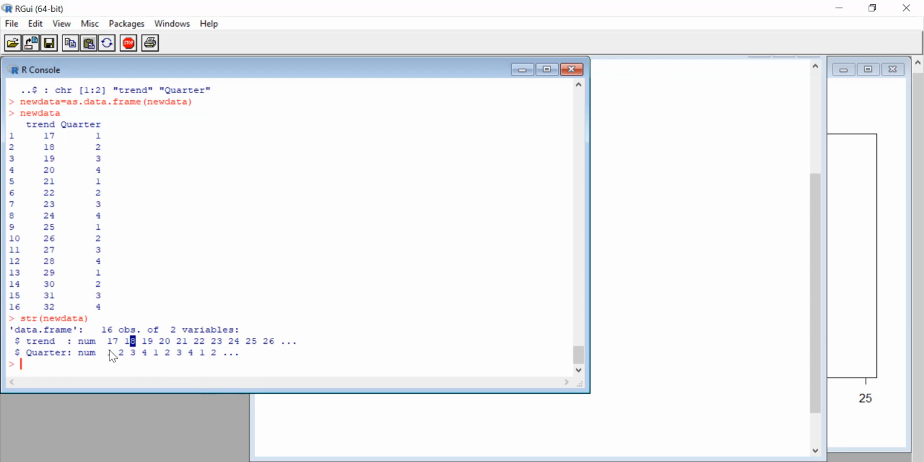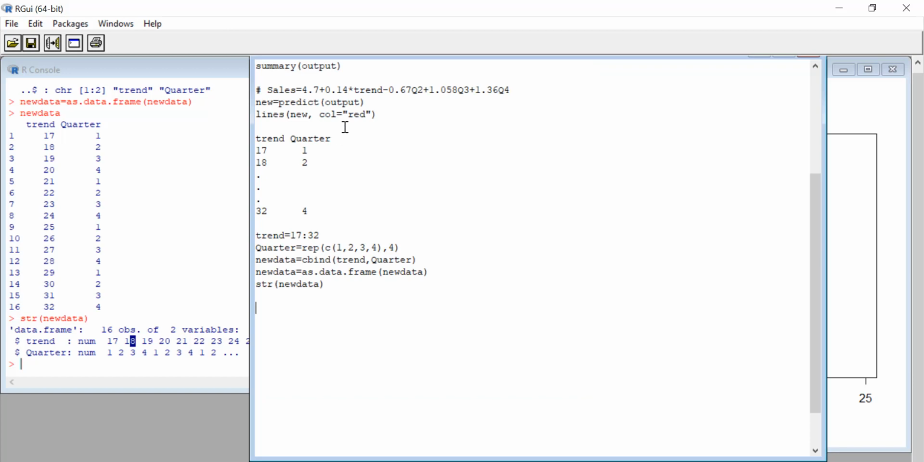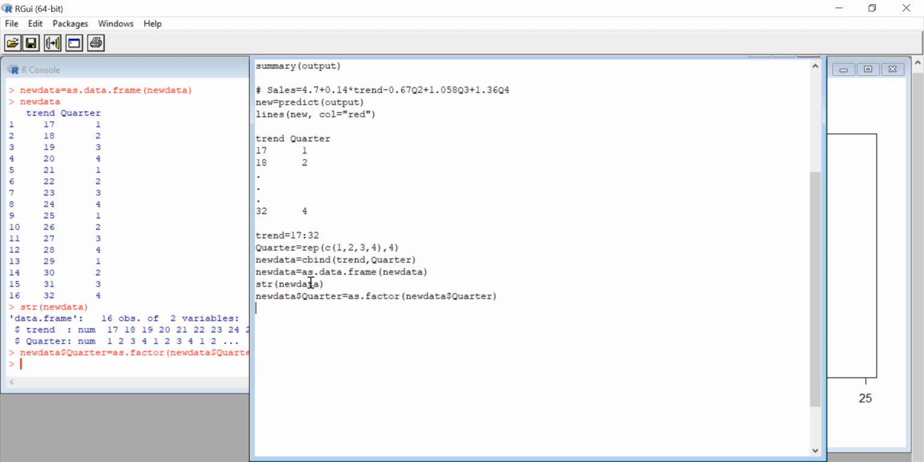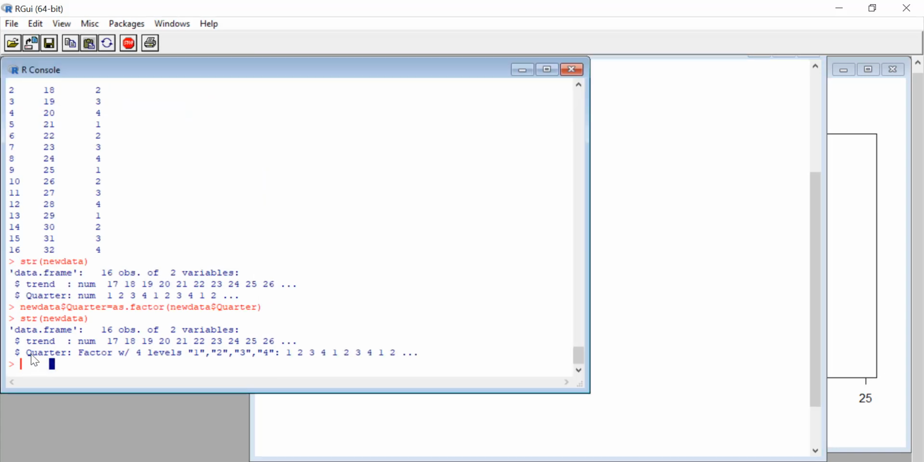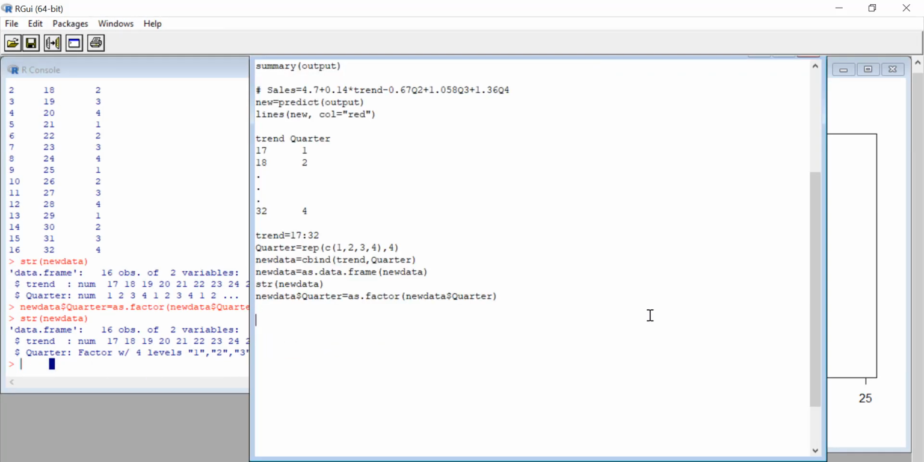these trend variables. However, quarter is numeric. Remember that in this model that we created, quarter is a categorical variable. So I'm going to go ahead and do that change as well. So new data, column quarter, must be as.factor of the same column. So basically we change them to a categorical variable. If I look at the str of the data, as you see now, quarter has changed to a categorical variable,